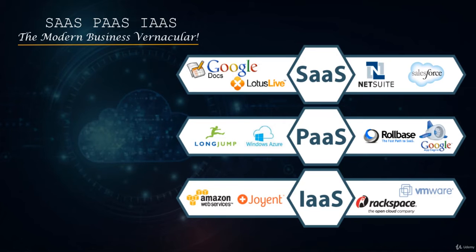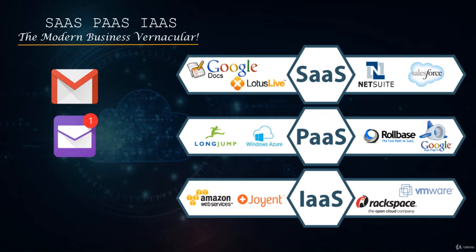Software as a service is where the entire infrastructure, operating system, and the software that is provided by the third party is given to you in the form of a web application. A pretty common example is email services. Think about Google providing email service to you, or even any other provider. Let's say Yahoo has Yahoo Mail, and there are many other types of software as a service email providers.